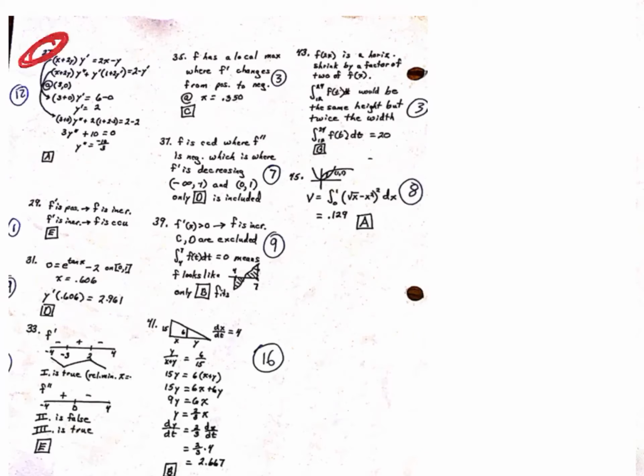And so on this one, you got to implicitly differentiate. So when you implicitly differentiate, you're looking at the product rule here. So the derivative of y prime would be y double prime. Leave the first part alone. Leave the y prime alone and take the derivative of x plus 2y. That's what's there. And then from there, on the right side, you implicitly differentiate as well. And then what you can do is you can just plug in your point (3, 0),